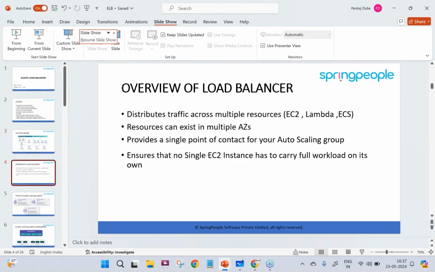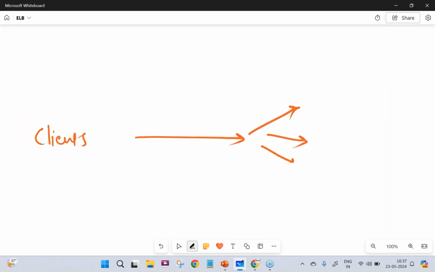So AWS also offers elastic load balancer as a service. It distributes traffic across multiple resources. It takes connections from the clients and distributes traffic across multiple backend servers.